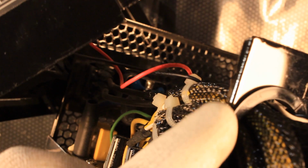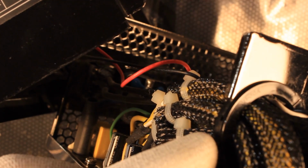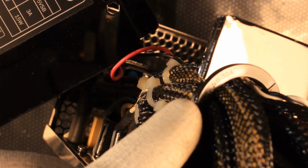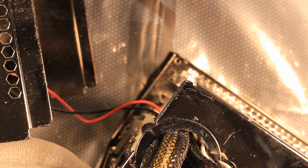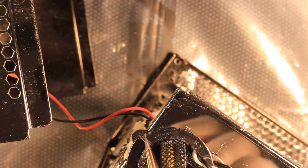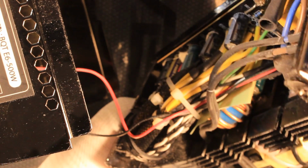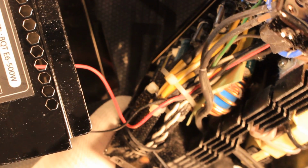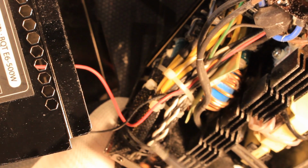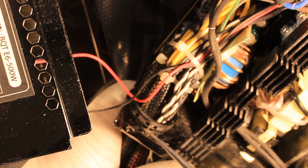Okay, as you see here, there is a cut in the metal. So this is the place where we can then remove the cabling. After you have moved this slit in this plastic ring to the side, as you see, so I can put in my screwdriver, then you should work your way from the inner side. So you can push down these small plastic tabs, and then you can pull this whole plastic ring back and you can pull it out of